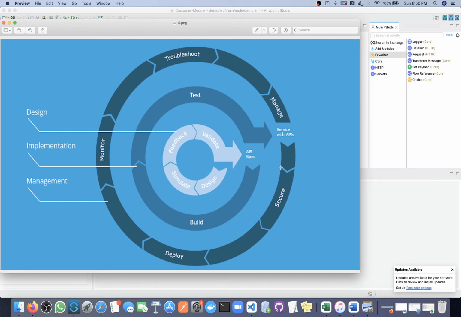Ravi, in case of testing, what kind of tests are we going to perform, like unit testing, integration testing, and performance testing? Okay, so here we will do local testing. Then we will do unit testing. After that, we will do integration testing, and at the end we will do performance testing. So are we going to use JMeter also? Yes, we will use JMeter.